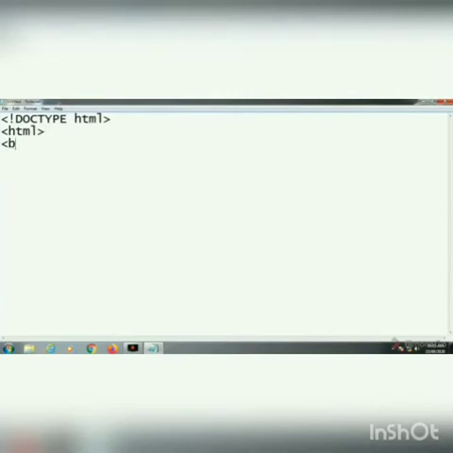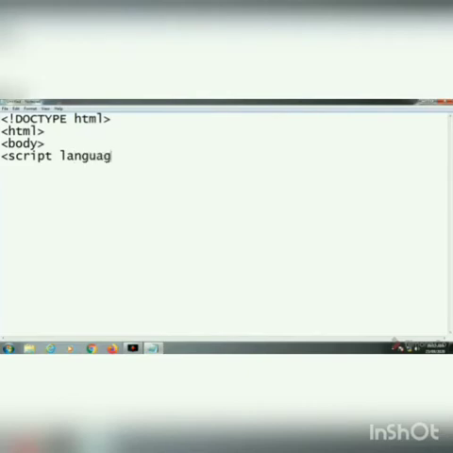Then after that, the body tag. After the body tag, you have to write the script tag. Type the script tag, and two attributes of script tags are language and type.